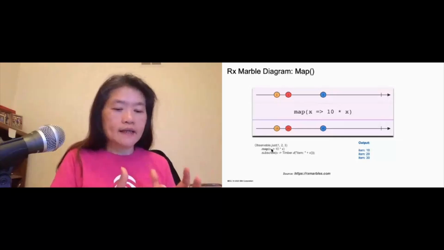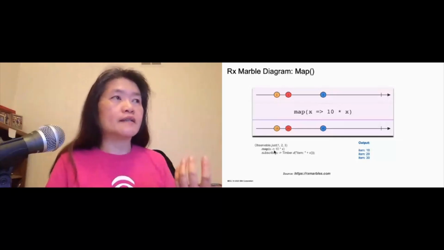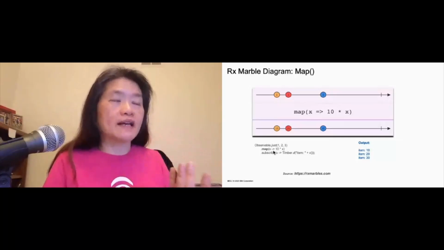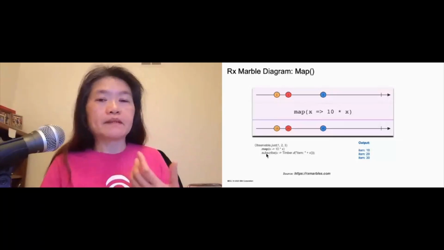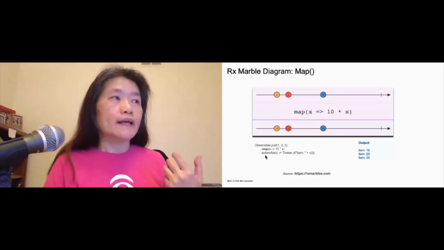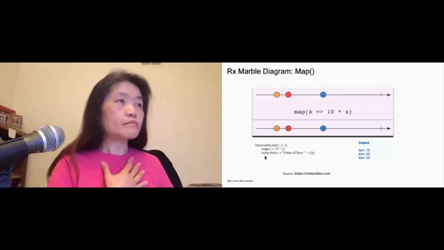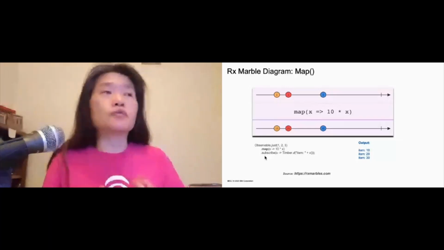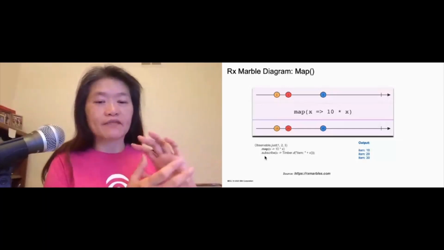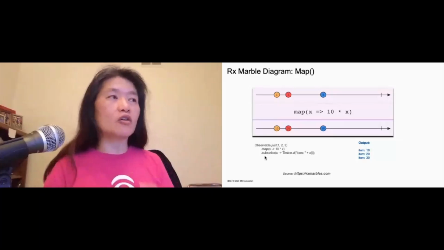The data that comes in is the producer. In this case, there's 1, 2, and 3. These are the different events that carry some data with them. Then you apply the dot map operator to it, so it transforms your data. And then immediately you do a dot subscribe. Dot subscribe is like the consumer. So think of it as within one statement, you have the producer, transformation, the processor, and then the consumer.